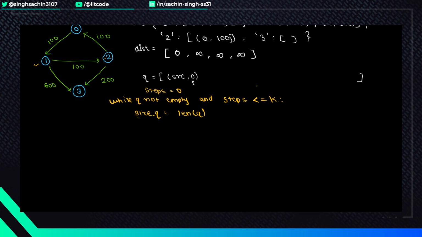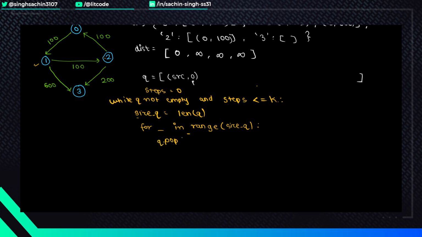Now again I'll run a loop for all the elements in the queue. Basically I want to pop the elements one by one, and I want to process them further, so I'll run a loop in range of the size of the queue. Now every time you enter this loop, you will pop an element from the queue,